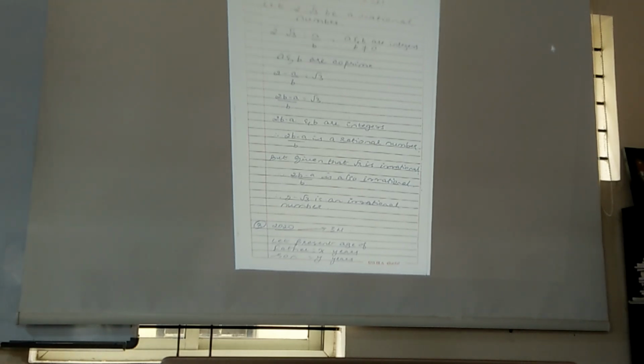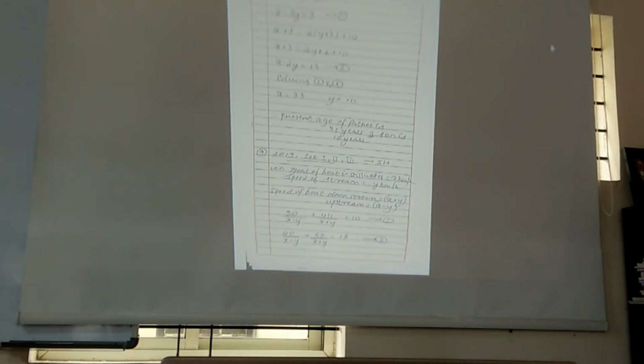Okay, the present age of father is 3 years more than 3 times the age of his son. Okay, let the father's age be x, son's age be y. Present age of father x is equal to 3 years more than 3 times the son, plus 3 years more. Okay, ಆಯ್ತಾ? ಅದು ಒಂದು ಈಕ್ವೇಷನ್ ಬಂತು ನಿಮಗೆ. ನೆಕ್ಸ್ಟ್